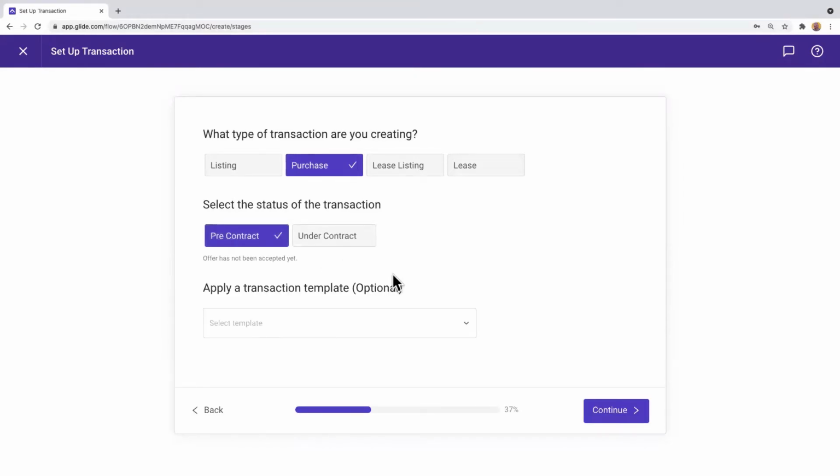Then I have the option to apply a transaction template. Now, I am going to go through later in today's training on how you can create these transaction templates ahead of time, but I want to give you a little synopsis at this time. Transaction templates allow you to add documents and parties to a template that you will be able to select from your drop-down list. Say I'm selecting my purchase transaction template, and it's going to apply or upload those documents as well as the parties that are going to be included in that transaction. Once I click continue on the bottom right,